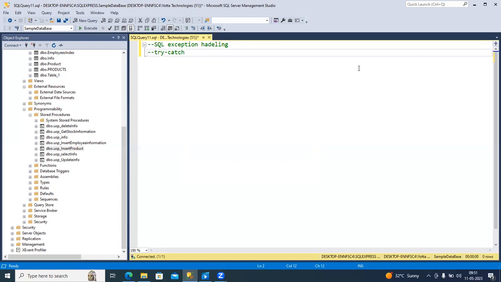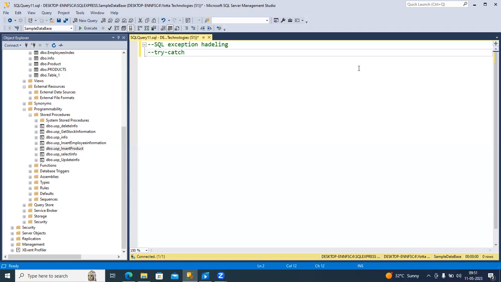Everyone makes mistakes, and developers who write code also make mistakes. So there should be a mechanism to handle exceptions. Just to understand the syntax of try and catch,